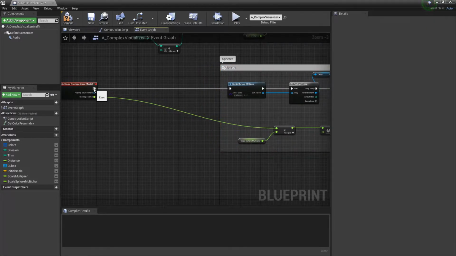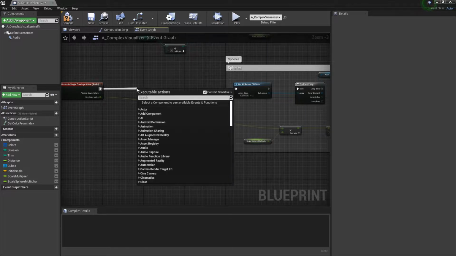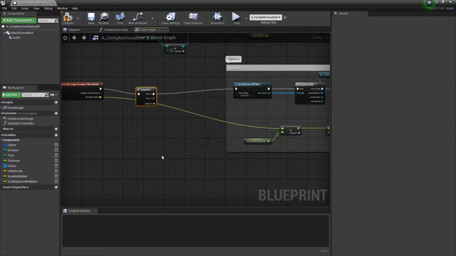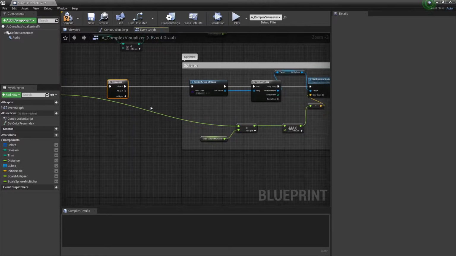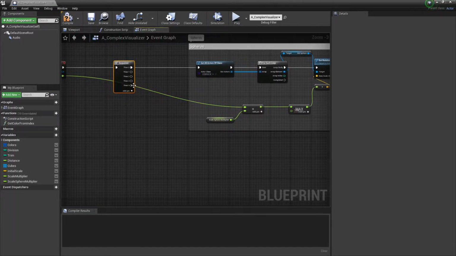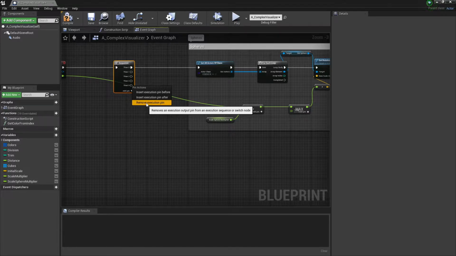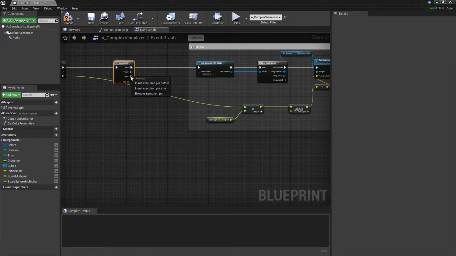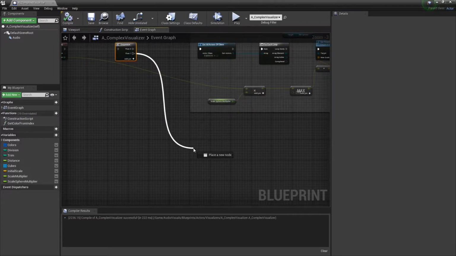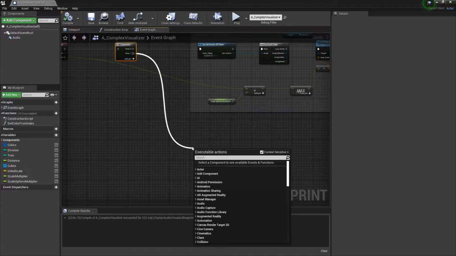Now what we'll want to do is drag out of our initial execution line and type sequence. Select sequence here. Now what we can do is add a series of execution lines that will operate in sequence. You can right click on any of these and hit remove execution pin if you've had too many added. We'll drag out of that. Make sure that you drag out of then 1, not then 0,